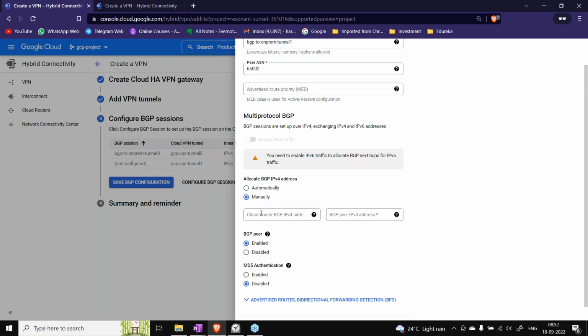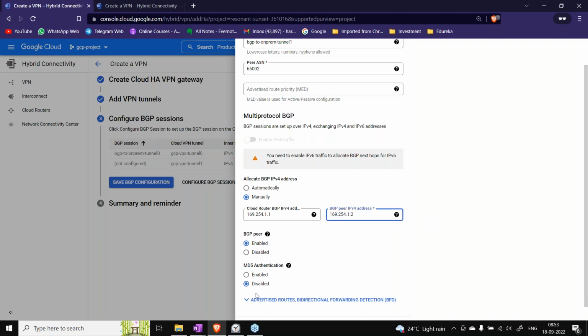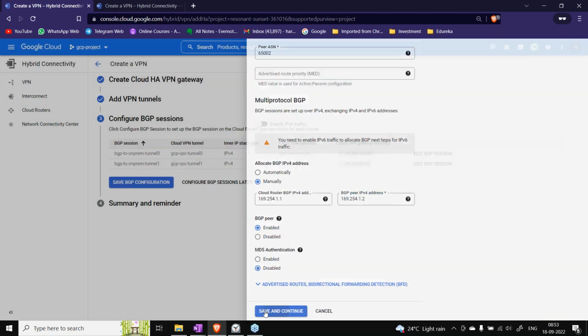Now manually, 169.254.1.1. Sorry, it must be a valid one: 169.254.1.2. And the reverse of that I will configure on the other side.